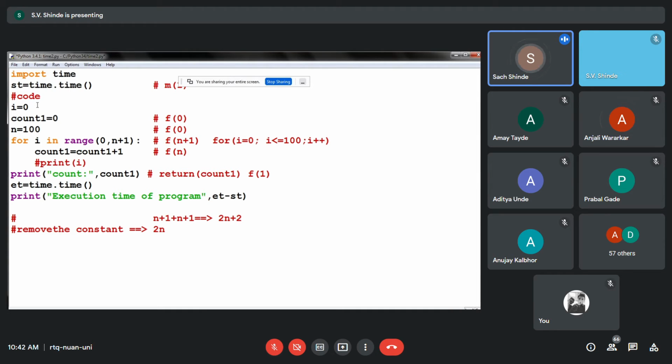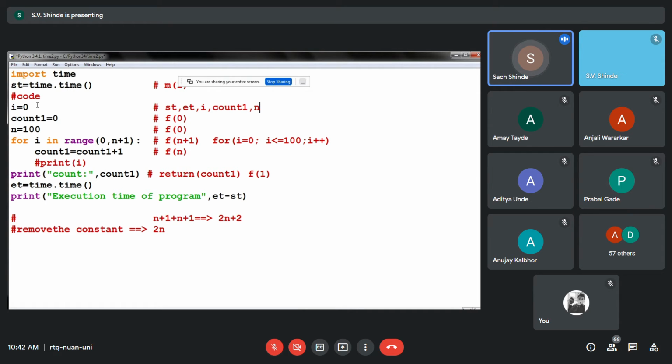Next is i of 0, so we have declared another variable. I'll just list the number of variables over here. First we are using ST, second we are using ET, and we are using i, count1, and n.